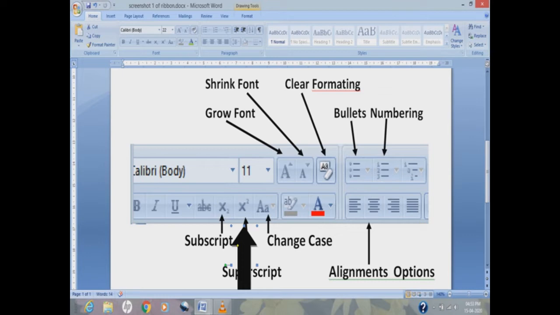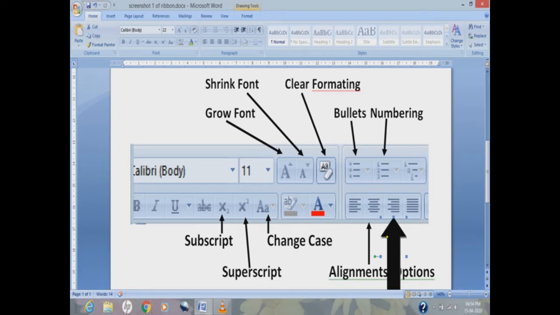So let me explain first of all what are these options. First we come to the section of alignment options. Left alignment actually moves the text toward the left side. Center alignment moves the selected text in the center of the screen, or we can say page.